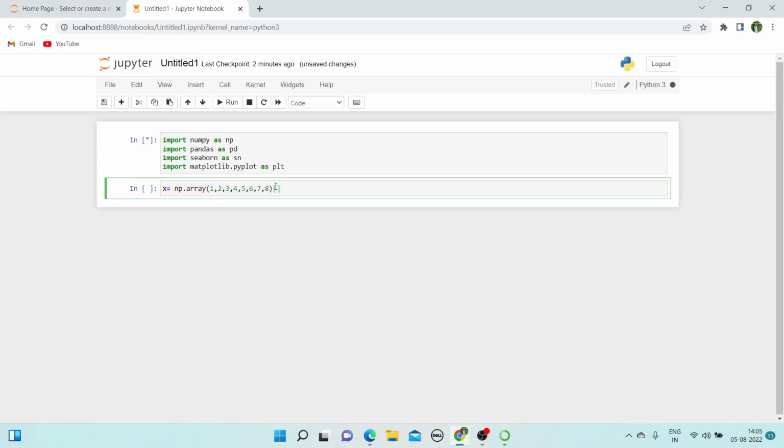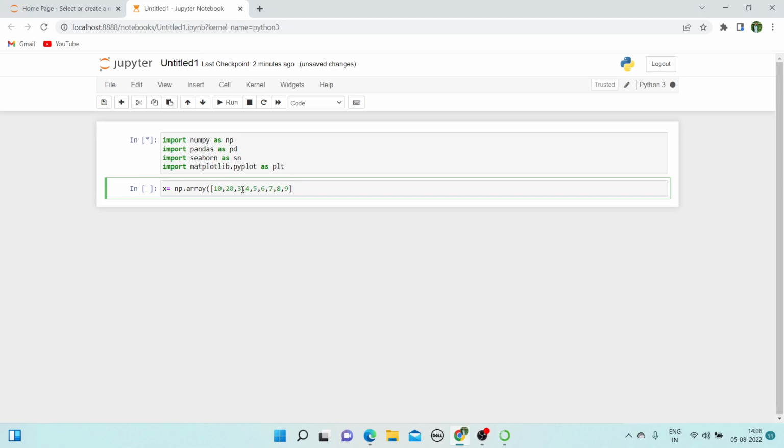My bad, just a second. Let me first write the square bracket, and then I will be writing the digits of the array, like this, 8 and then 9. Or we can do one thing, we can write 10,